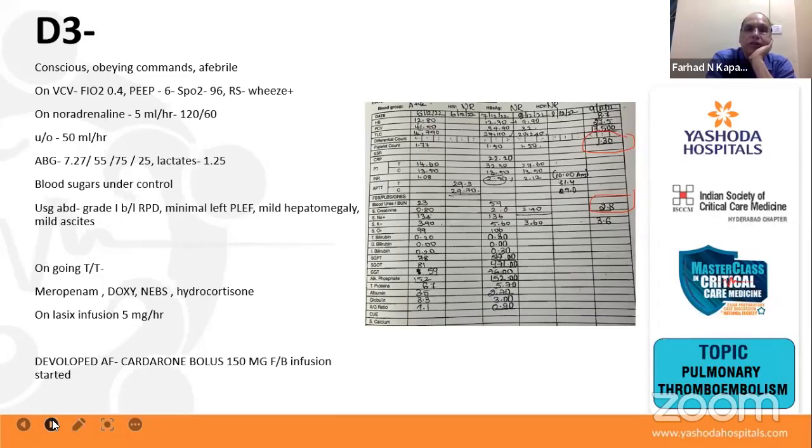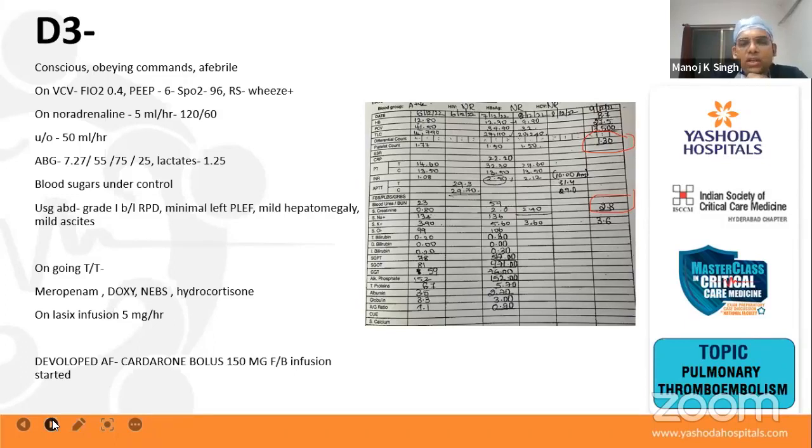Just leukocytosis should not trigger you to increase the antibiotics. And so is the wheeze, because she's been wheezing since the day you put her on the ventilator, and probably there is a past history of OAD. An OAD patient will also sound wheezing all the time. And wheeze is not pulmonary, right? Yes. Okay, let's move on. So she got AF and was given amiodarone. Continue. Okay.